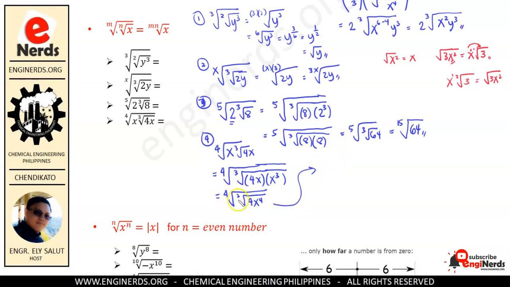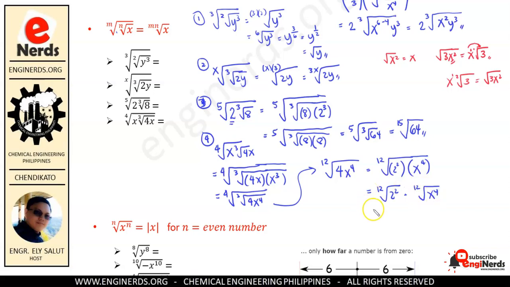Okay, and then, let's move it here. We will multiply ang kanilang index. We have 3 times 4, which is equal to 12. So, we have 12th root of 4x to the fourth. So, as you can see, yung exponents natin dito is divisible ng ating index. So, therefore, we can write it this way. 12th root of 2 squared times x to the fourth. So, this is like 12th root of 2 squared times the 12th root of x to the